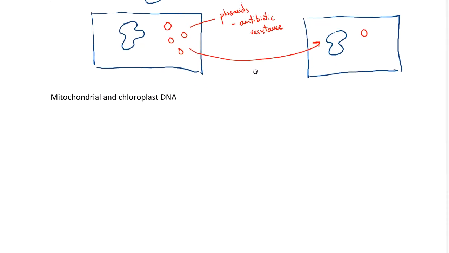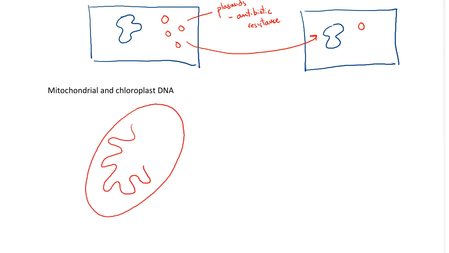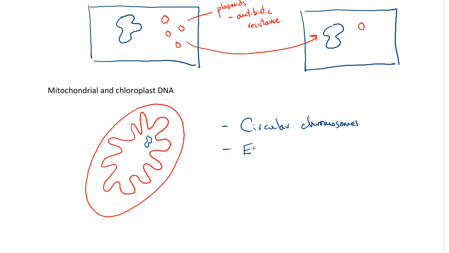Last, let's talk about mitochondrial and chloroplast DNA. So here is a mitochondrion, and it has its own DNA, and like bacteria, that's also on a circular chromosome. So here's a mitochondrial circular chromosome. So mitochondria have circular chromosomes, and remember that the endosymbiotic theory tells us that mitochondria and chloroplasts originated from free-living prokaryotes that were engulfed by the precursors to eukaryotes. And so this circular chromosome, which is similar to the circular chromosome in bacteria, is again evidence for the endosymbiotic